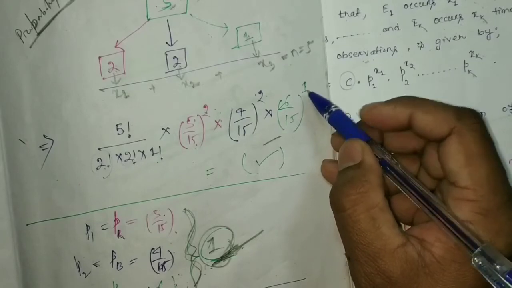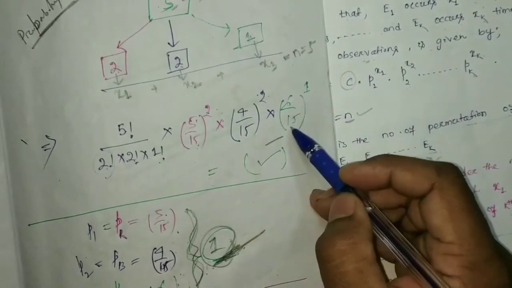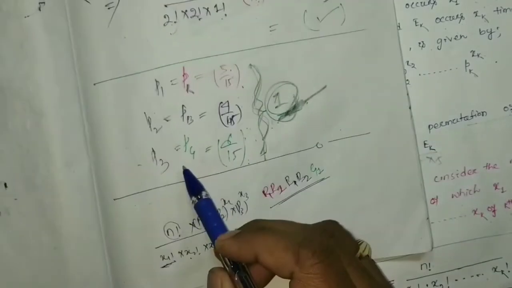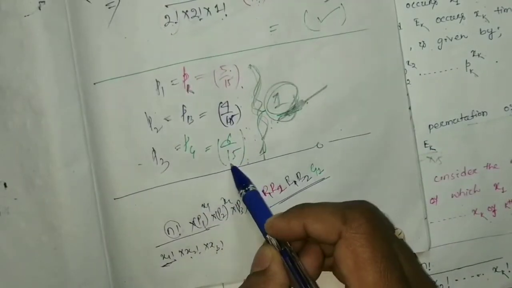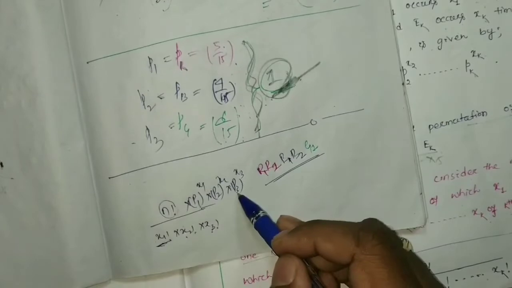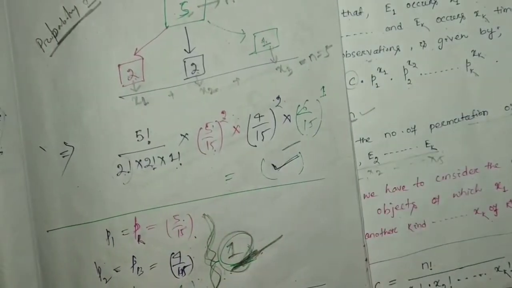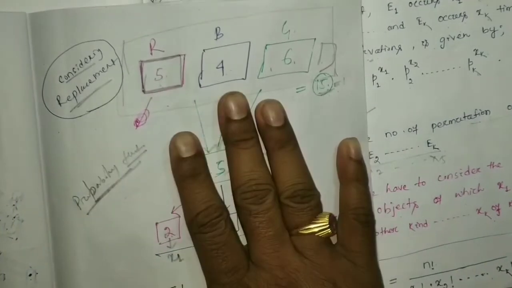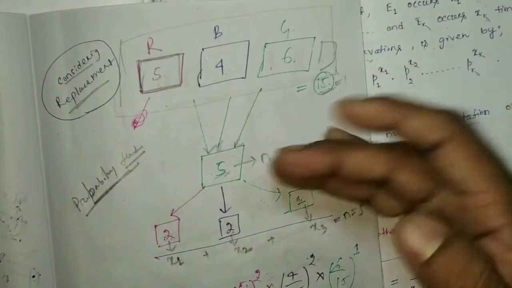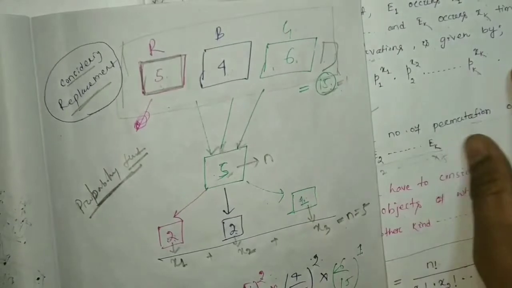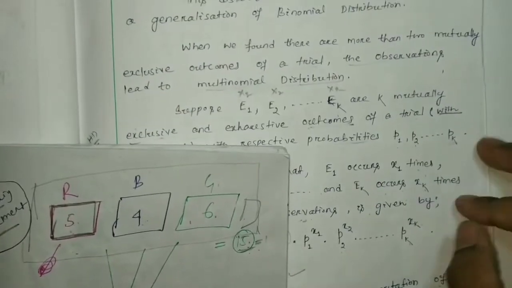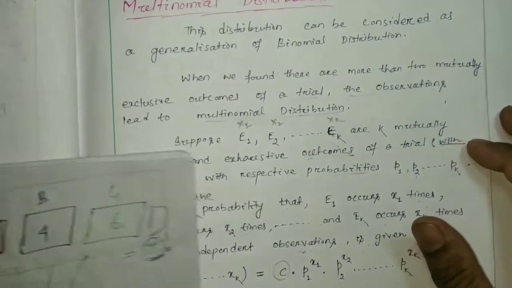So here we found that 6 by 15 to the power 1, as the probability of green is 6 by 15, or the so-called P3 to the power x3, is what will be the answer? That will be the answer of this question. Problems of this type we are also going to do at the end of this topic. So here we have understood